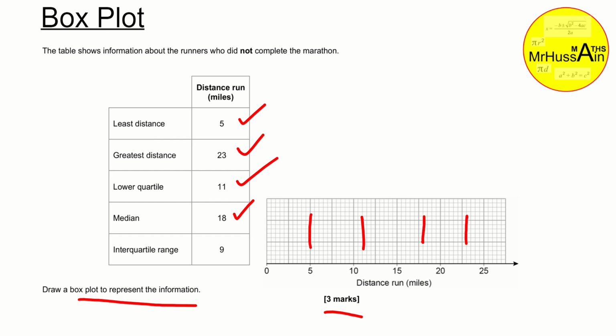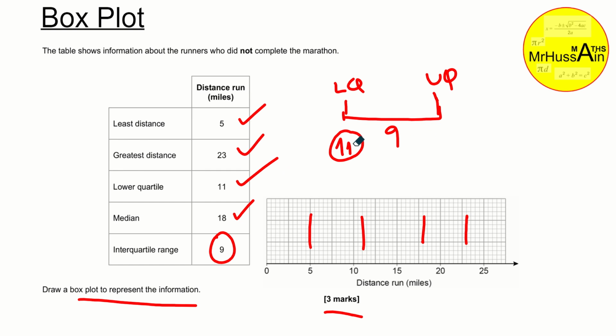There we go. Now, they have not given you the upper quartile. They've given you the interquartile range. We know the difference between the lower quartile and the upper quartile is 9. They've given you the lower quartile is 11. Therefore, 11 plus 9, that means the upper quartile must be 20. There we go. Now we have that, we can,